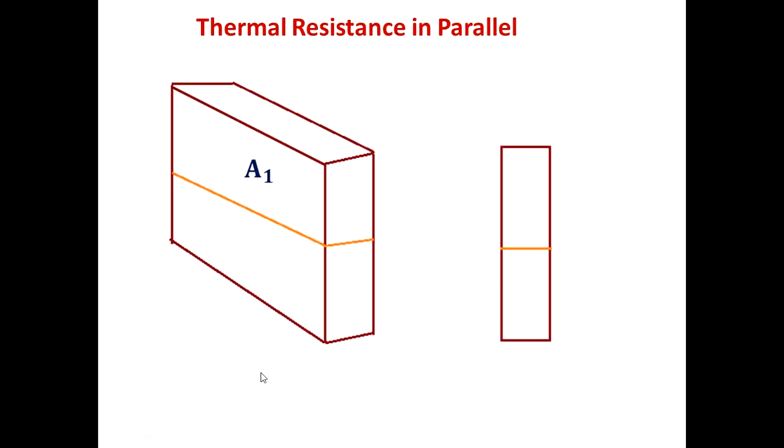This will be like this. This will have the area A1, and this will be the area A2. Because this distance, the width, will be the same, with thickness T1 and thickness T2, you will have the areas A1 and A2, and thermal conductivities K1 and K2. Both are having the same thickness L. Please note on the sketch.